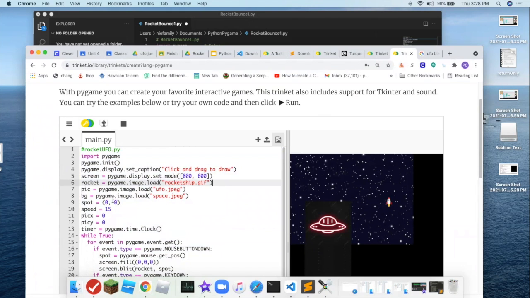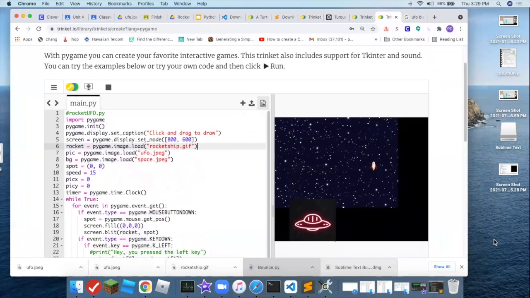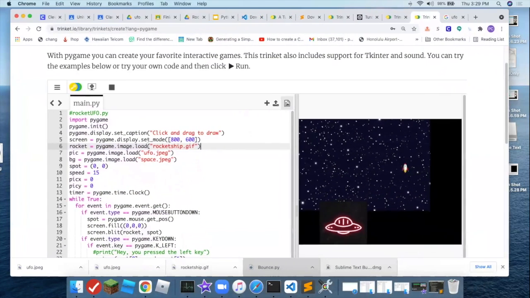If I just give you the code, then you can change the code to what kind of game you will like. Okay, maybe you can add a score display on here, or you can shrink the UFO a little bit smaller, or change the speed. But let me just explain a little bit how the code works here. Okay,